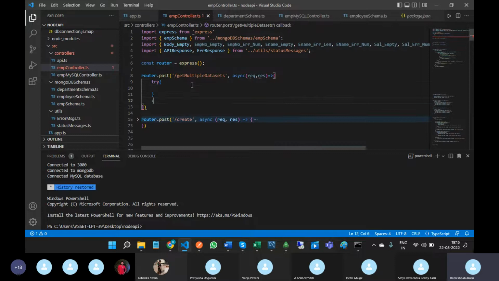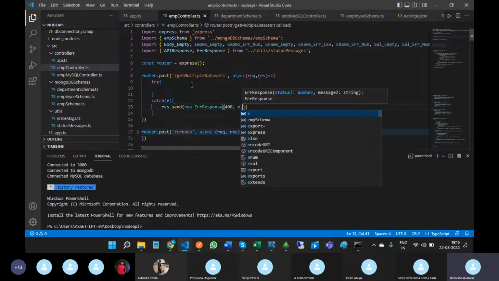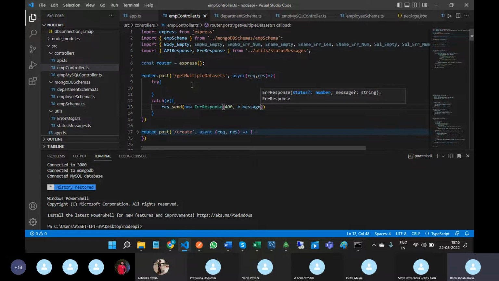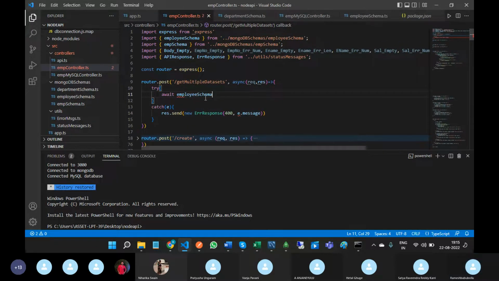So try catch and res dot send new error response 400 comma e dot message, and here await employee schema. Okay, we have given the name like this, so automatically it will be imported. Okay, so dot find,